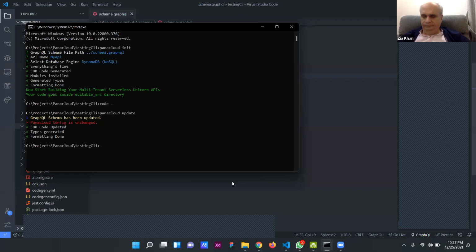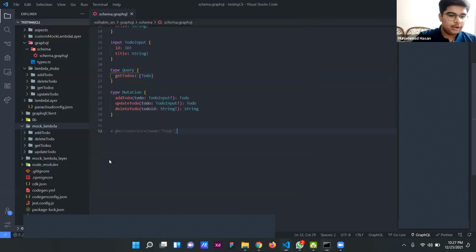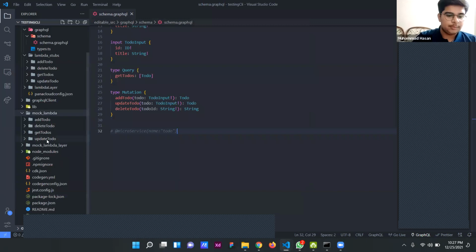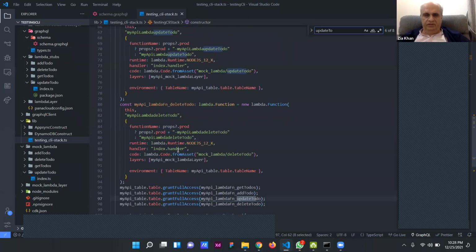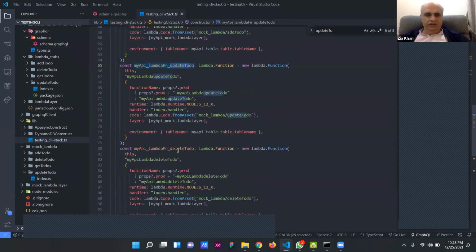Yes, Hassan, could you explain it? So the code is now updated. As you can see in mock lambda, there is a new folder, update to do. A new lambda was added here, and also an editable SRC in lambda stub. A new lambda is added, update to do. Now, if you look at the Penacloud